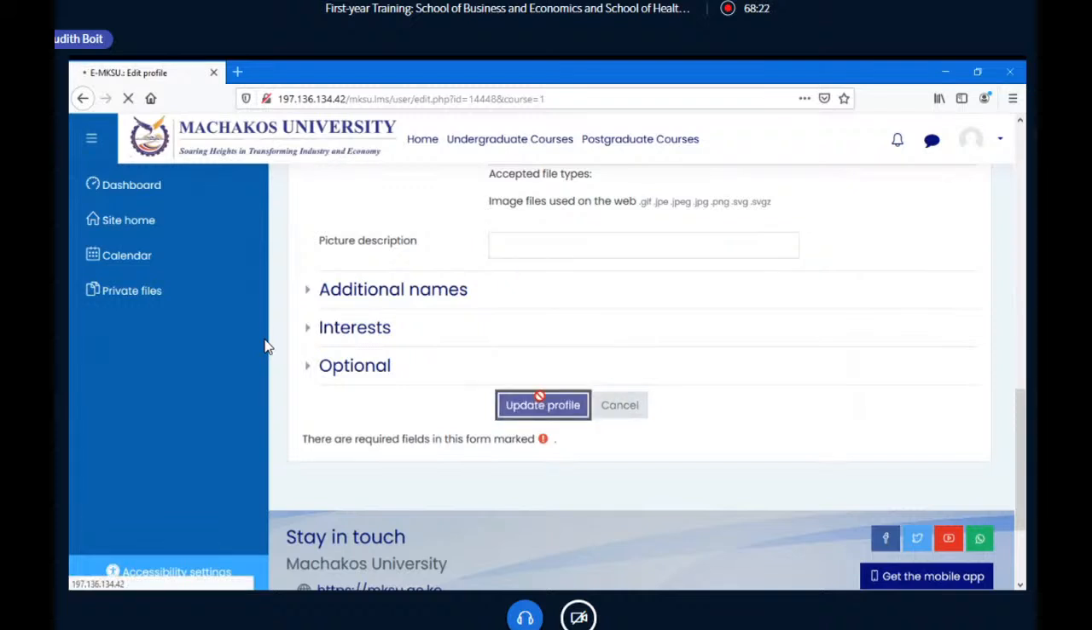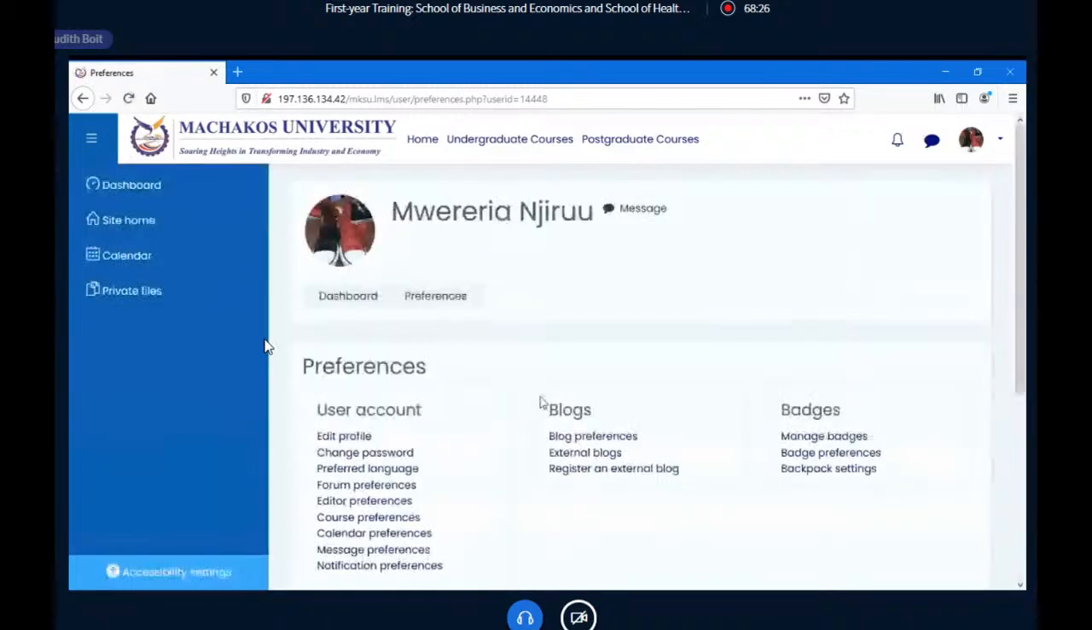So when you click on update profile, this is what will happen. Now the profile picture has changed to the one that I've just chosen, here and also here. That is how you change your profile